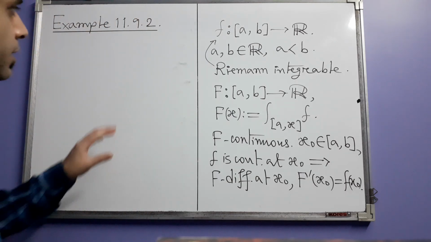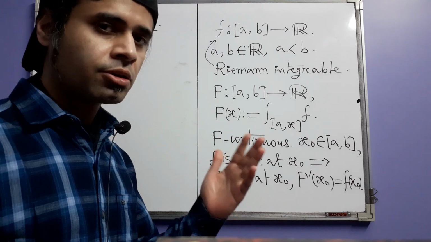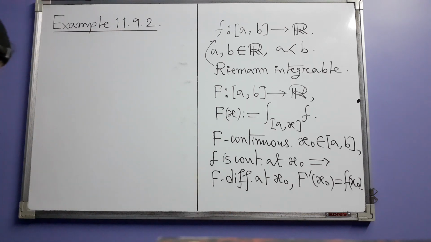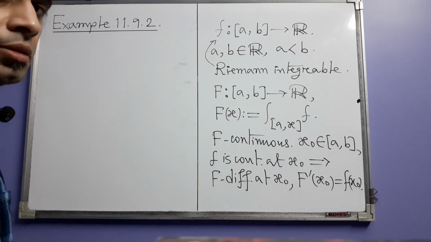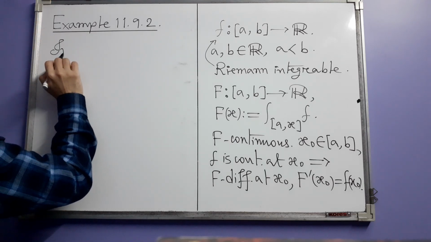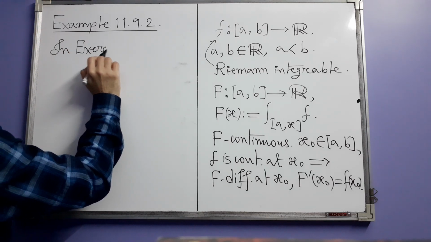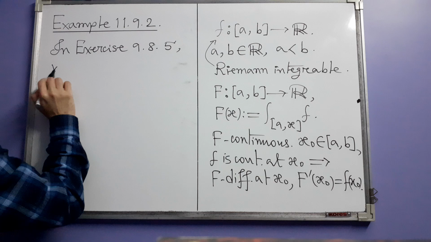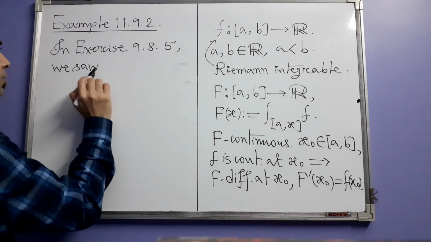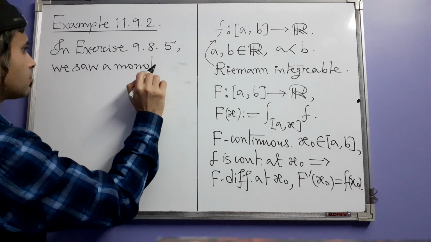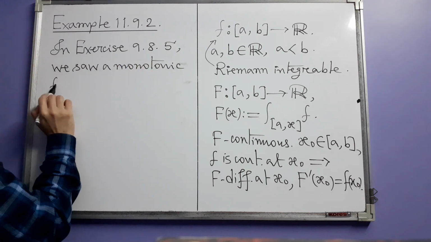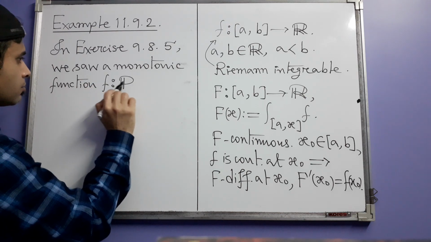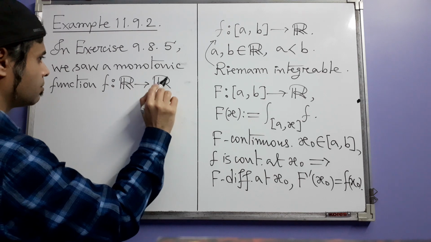Alright, so now let us recall in this example something that we saw earlier when we were studying monotonic functions, and this we saw in exercise 985. In exercise 985, we saw a monotonic function f from R to R,